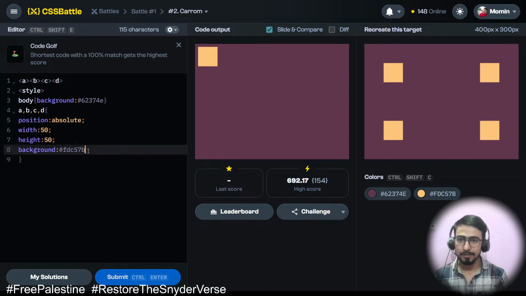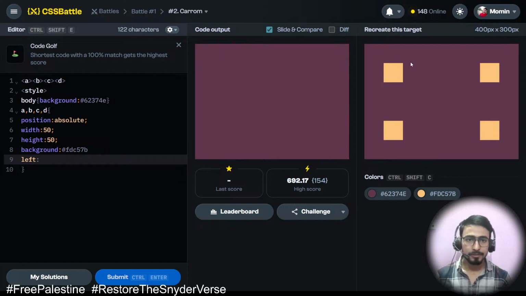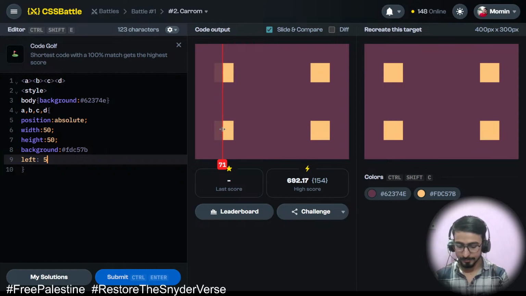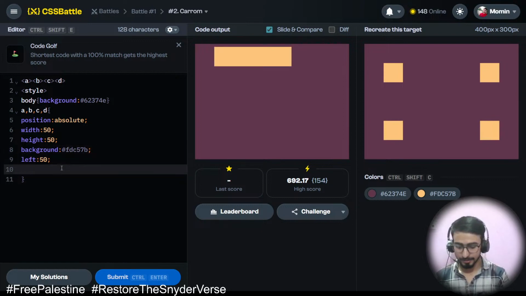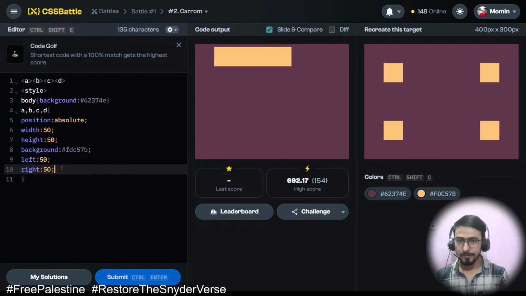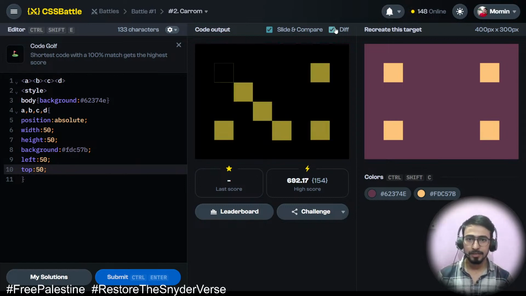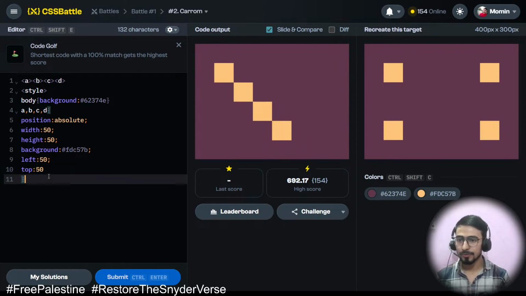And now I need to style all the others. For A I can do the position. Left is around 50, and then okay, I removed one semicolon from here, and right is also 50. Not right, top. And let me check the diff, and it is matching. Okay, then I will now go with the B,